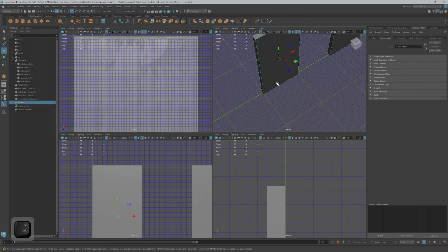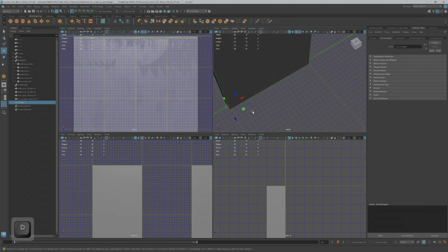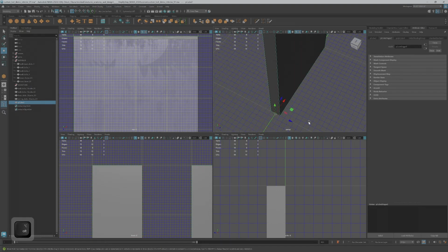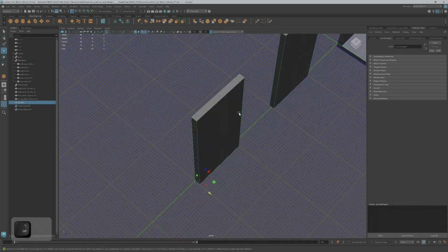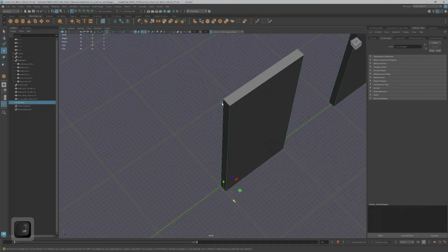And I wonder, as I hold D down, there we go. You want it right in the middle, right there. So that way it goes through both sides of the wall for you and pushes out from that center line. The next thing I want to do with the door frame, we're also going to kitbash